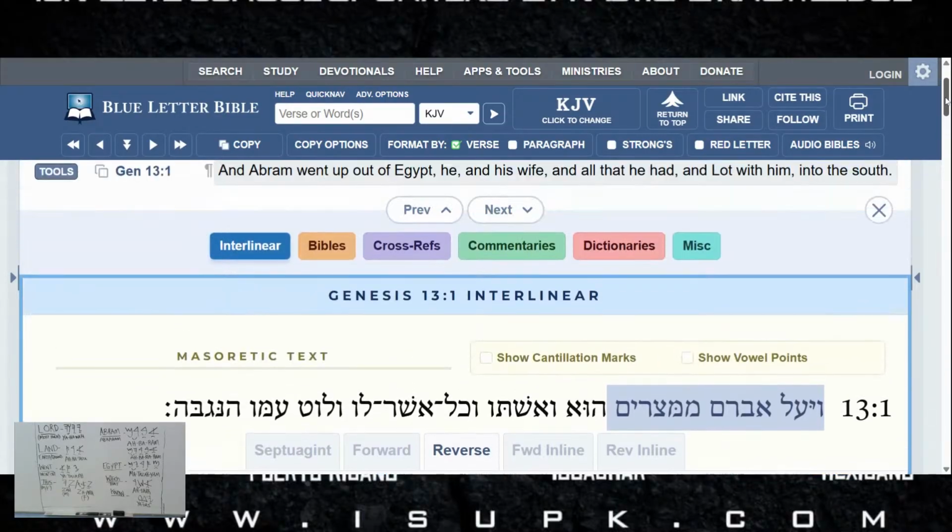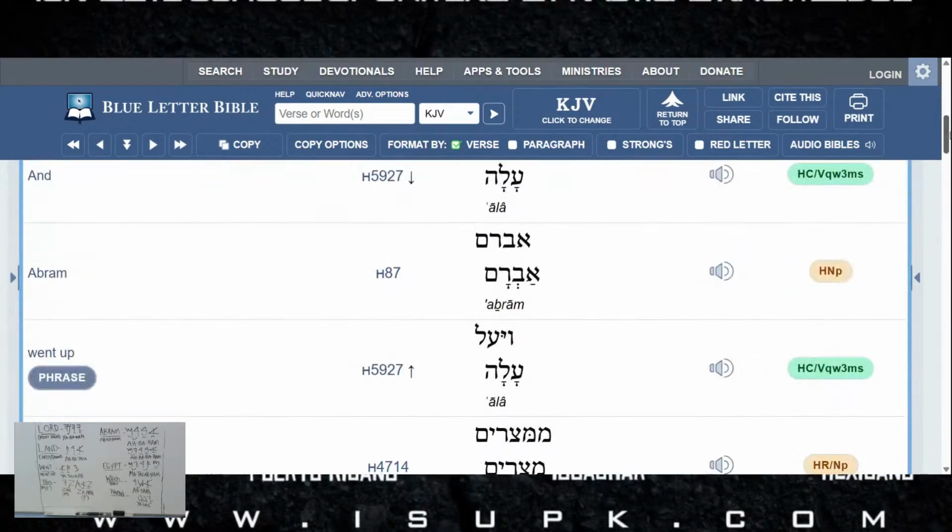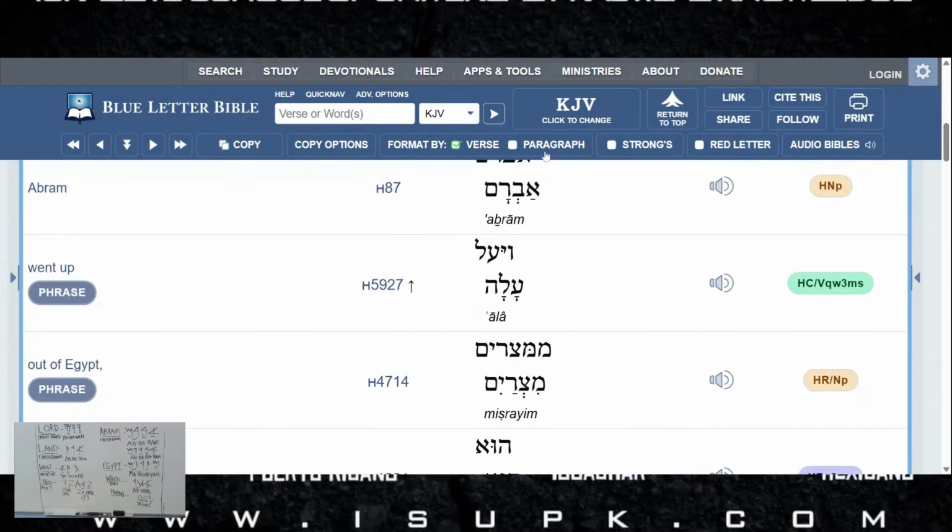Okay, now let's see what it says in English. And Abram went up out of Egypt, right? So now let's see what they were saying Isle was used as. Okay, so in this case, it wasn't the word Isle. They used Isle because remember, weak characters can drop off. Ha is used constantly as a connector, in other words. So in this case, they dropped it all. But the word is not the root word Isle. This is Ilah. This is "went up."